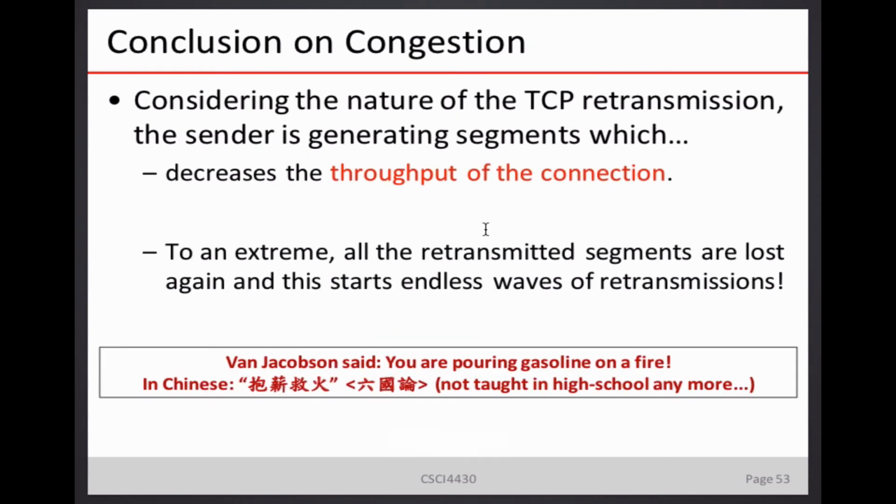We have a statement. The inventor of congestion control is called Van Jacobson. This is a great man in computer science and networking. His statement is: if you don't control congestion and let it retransmit, you are pouring gasoline onto the fire. You use gasoline to put out a fire. Can you do it? No. It becomes a bigger fire.